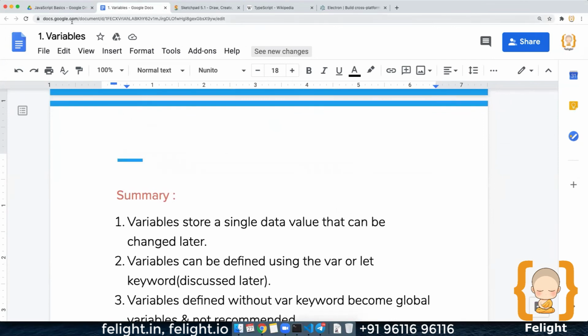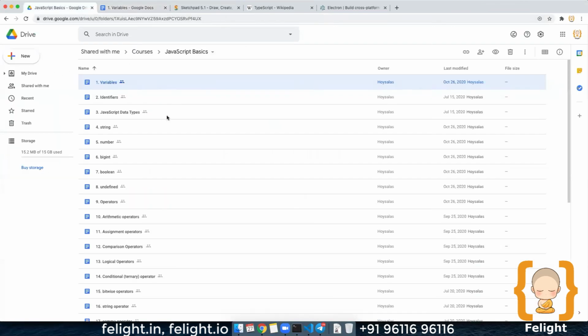So just by picking up the variables chapter, I explained so many other things. In the evening 7 p.m. class, I'll be teaching you identifiers and JavaScript data types, and we go further into string and number. Now that we have sufficient members in the group, I will not be delaying the training. So don't miss any classes.